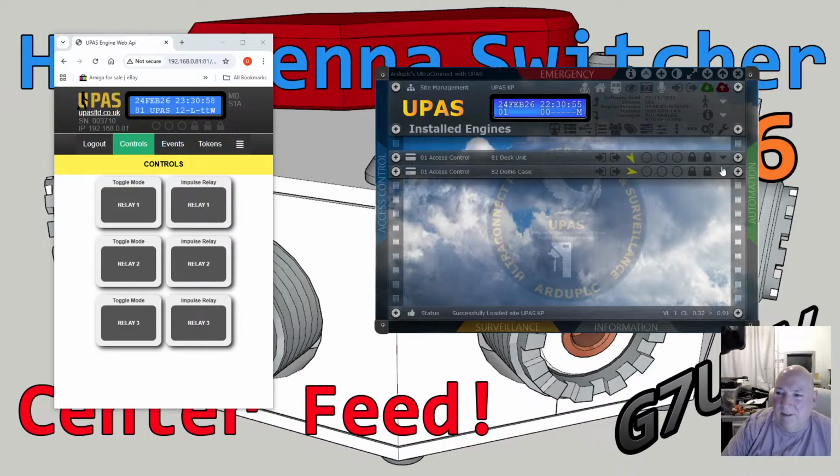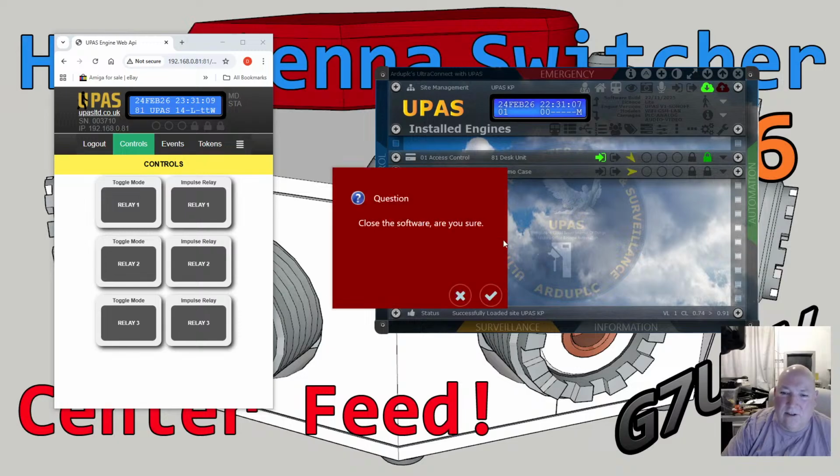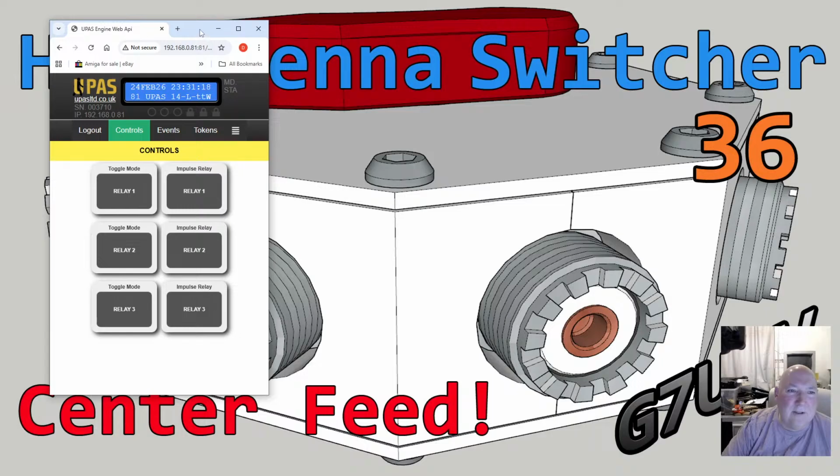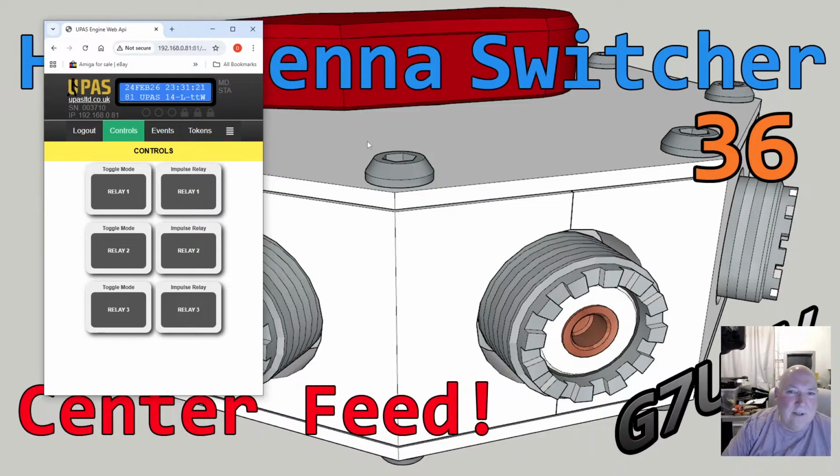You can do stuff like switch it on like there. So anyway, that's just something else. If you're managing more than one, most people won't have more than one anyway, or they'll probably have one outside and one inside. So they just have two. But you can control the outside one and the inside one, so you can effectively switch antennas from a centre coax going out, one coax going out, many antennas, come back into the shack, and you've got many rigs, or whatever you want to do with it.